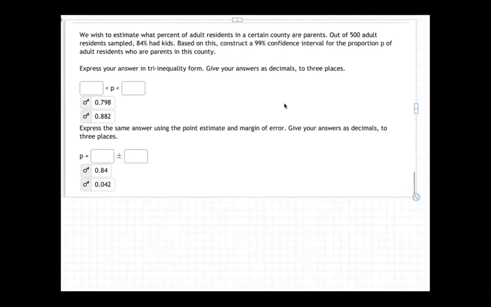So step one, we're going to go to the online calculator, and specifically, we're going to go to the confidence interval for a proportion, as it says right here, 99% confidence interval for the proportion. So I'm going to go there, and then in step two, it's going to ask us for N, X, and